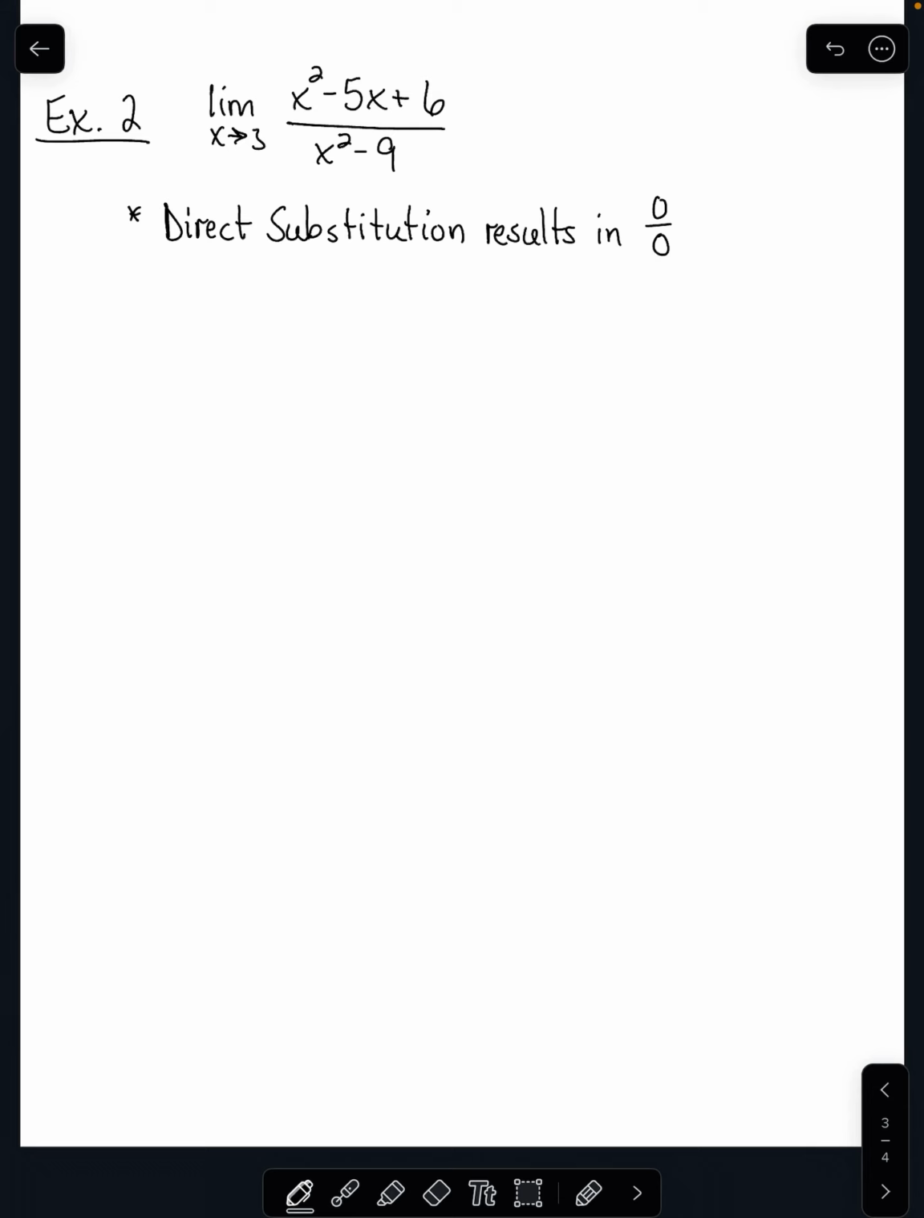That is a necessary requirement. L'Hopital's rule only applies when direct substitution results in the indeterminate forms. Thus, by L'Hopital's rule, the limit as x approaches 3 of x squared minus 5x plus 6 over x squared minus 9 is going